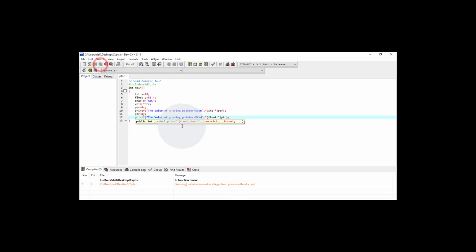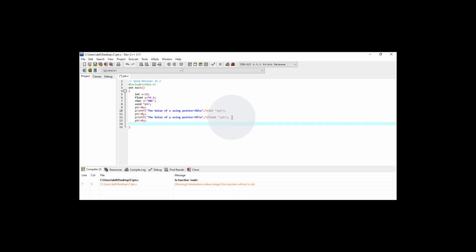So save your changes. Now after this I'm adding one more line over here, that is the pointer is equal to &z. Here we have to use the assignment operator, so correct it.